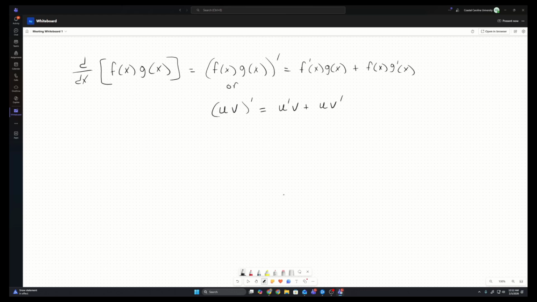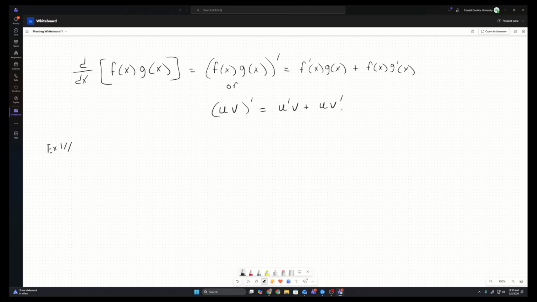Now again, the way I like to do these problems is I always do derivative of the first times the second plus first times derivative of the second. Looks kind of like this. Okay, so when I'm looking at this, it's going to be f prime g plus f g prime. Okay, if you use the UV method, it's u prime v plus uv prime. So if I do an example to kind of showcase this,